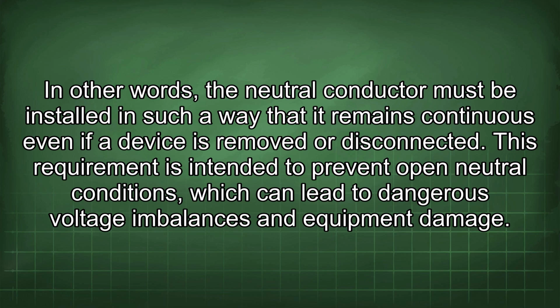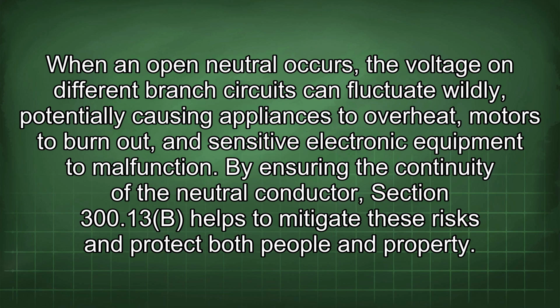This requirement is intended to prevent open neutral conditions, which can lead to dangerous voltage imbalances and equipment damage. When an open neutral occurs, the voltage on different branch circuits can fluctuate wildly, potentially causing appliances to overheat, motors to burn out, and sensitive electronic equipment to malfunction. By ensuring the continuity of the neutral conductor, Section 300.13(B) helps to mitigate these risks and protect both people and